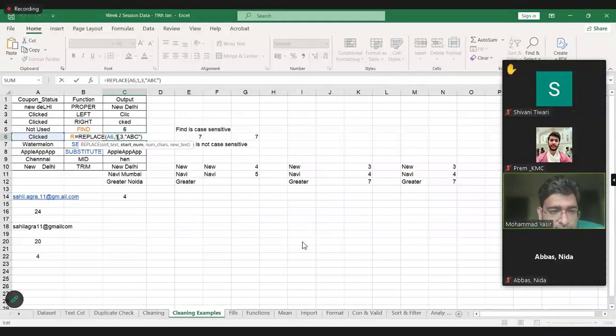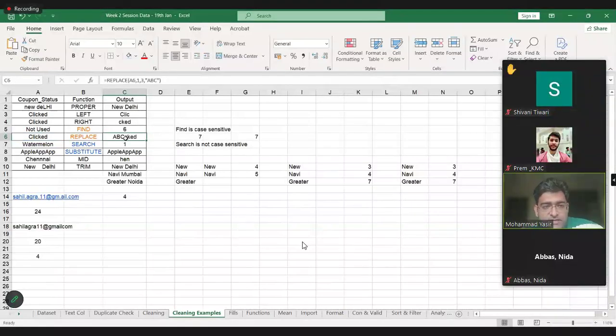I'm saying I want to start from position number 1, replace 3 characters, and replace those 3 characters with ABC. So in this use case, it will replace CLI with ABC. CLI has been replaced with ABC, and all the other characters will remain as they are.